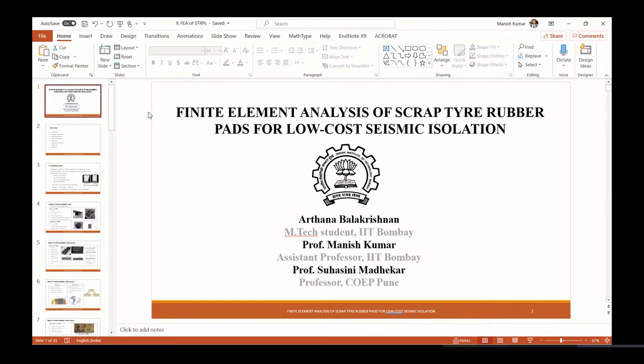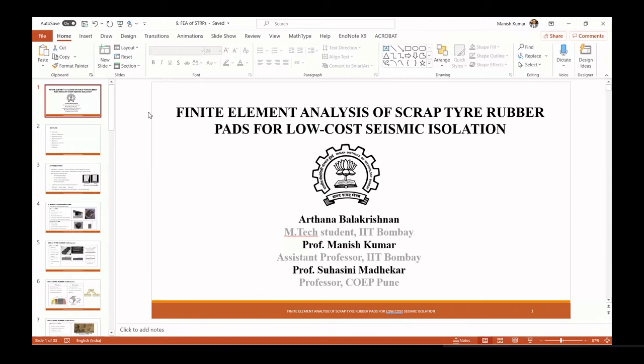Now, for regular rubber bearings, we have the formula established. Those have the volume of rubber, basically multi-layer rubber and steel shims. For that, analytical formulations are quite readily available, and we utilize that for design of the bearings. But these scrap rubber tire isolators have wire mesh in the volume of rubber, and they can have steel shim or be without steel shim. The idea is that there is no analytical formulation available.